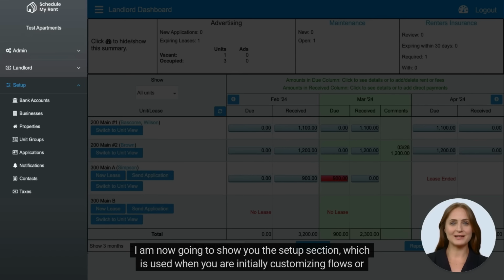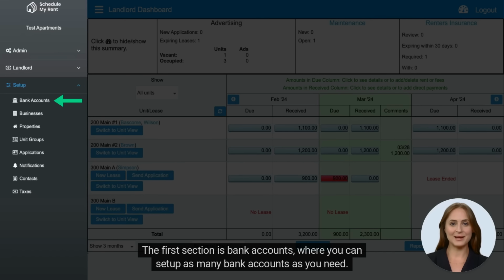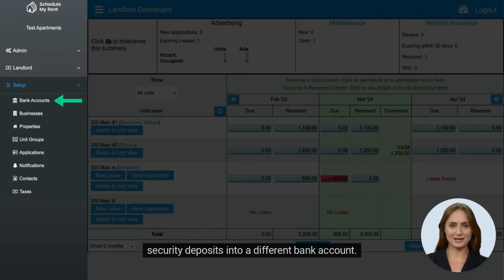I am now going to show you the setup section, which is used when you are initially customizing flows or when you need to adjust them. The first section is bank accounts, where you can set up as many bank accounts as you need. These can be for different businesses, different properties, or for different needs, such as separating security deposits into a different